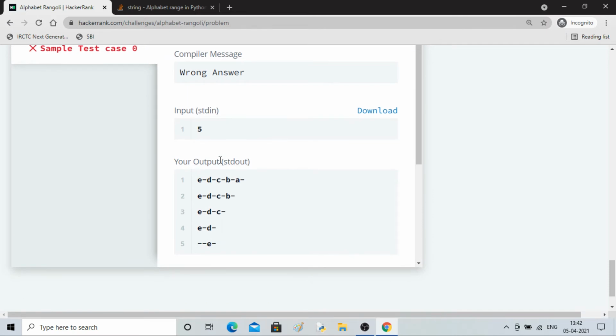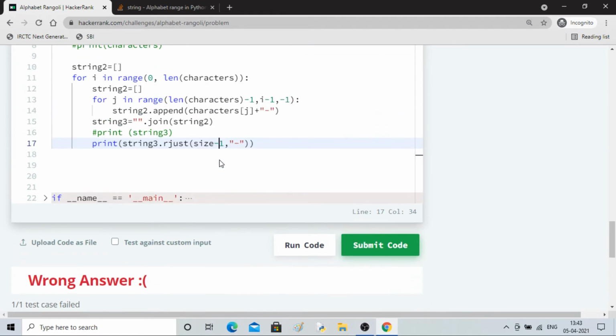Size minus 1, oh, 2 into size minus 1 it has to be. Okay, that's the mistake. So size is 5, and 2 into size minus 1 will always give 9.